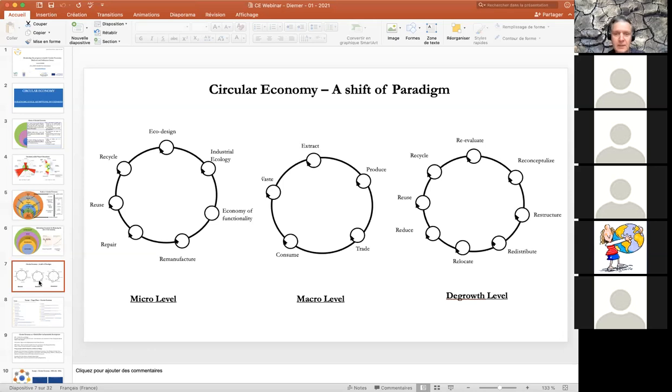So the big deal is extraction at the macro level and the trading, because most of the time we trade more than we produce. Export and import are really important if you try to fix the footprint of materials and energy. So at the macro level, we really have to focus on these two steps, because for the moment, we are really only concerned by produce, consume, and waste. So be very careful about what circularity you really want to be involved in.